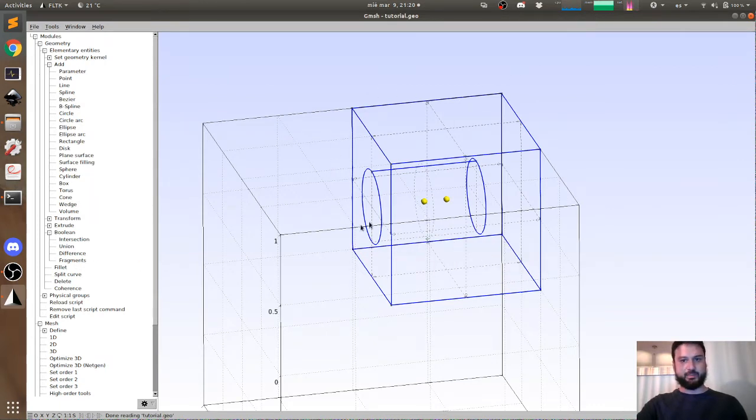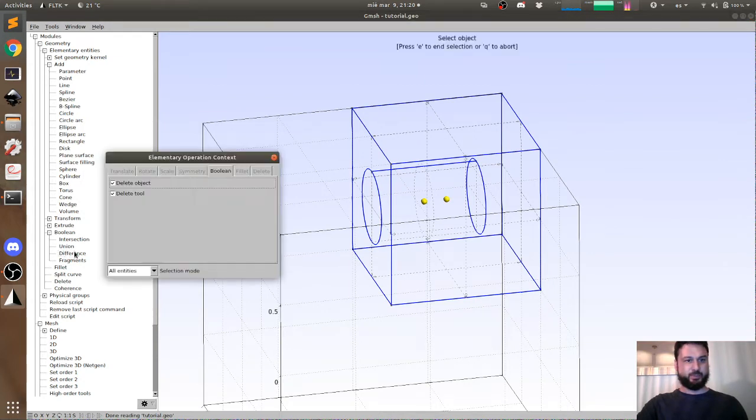Where I subtract the cylinder from the box. So let's do that. We'll add the Boolean difference. We'll do the Boolean difference. Let's do volumes here. So first I'll select the object that I want to subtract something from, and then E